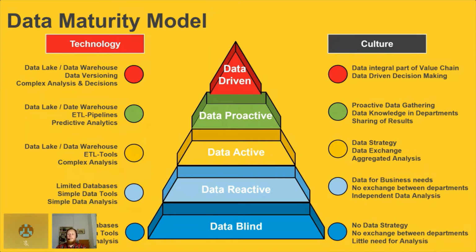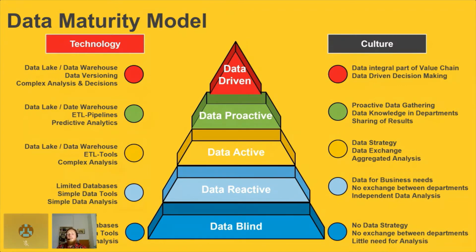So basically, you only have the data that is exactly needed for the one thing you are doing right now, and you basically don't care about anything else. You still have big silos because, quite frankly, why should you exchange any data or knowledge between different departments if you just have your single goal focused? That's the kind of thinking on this level. This also leads to basically having independent data analysis, so you exchange nothing between each other. That's kind of described in this.